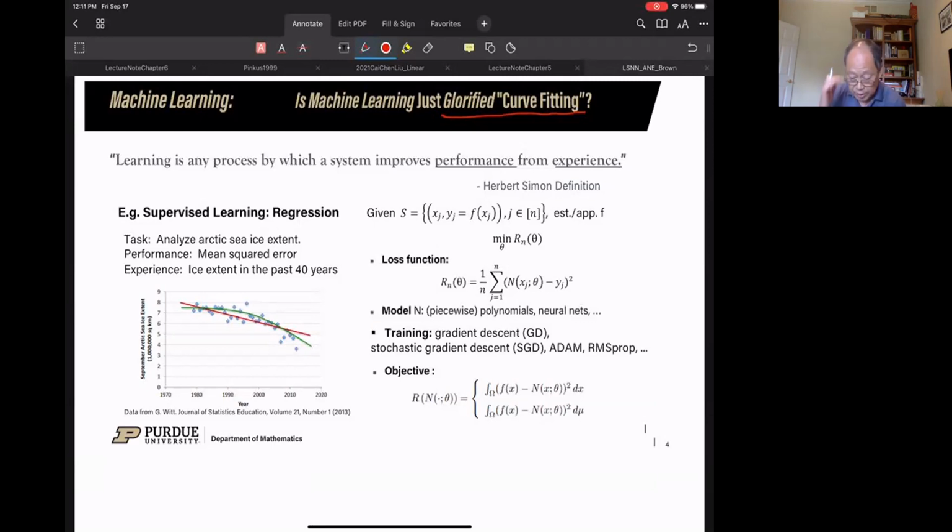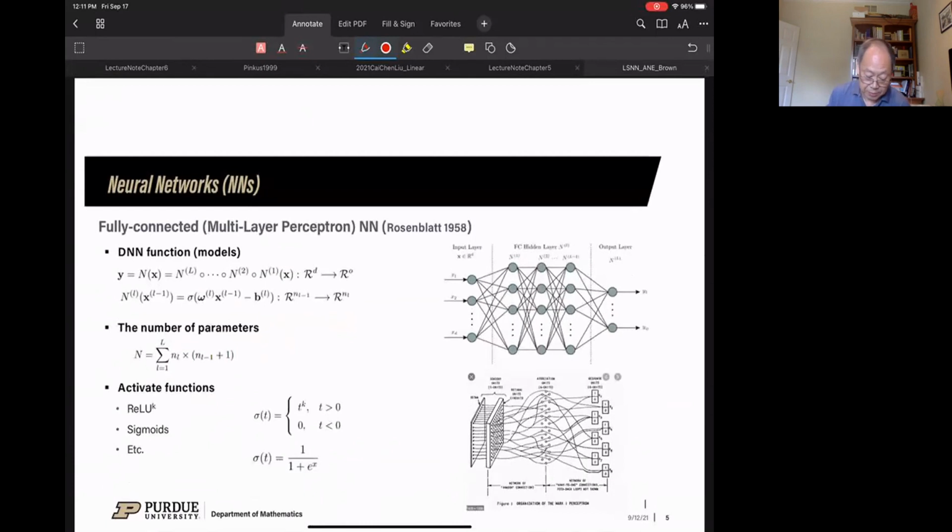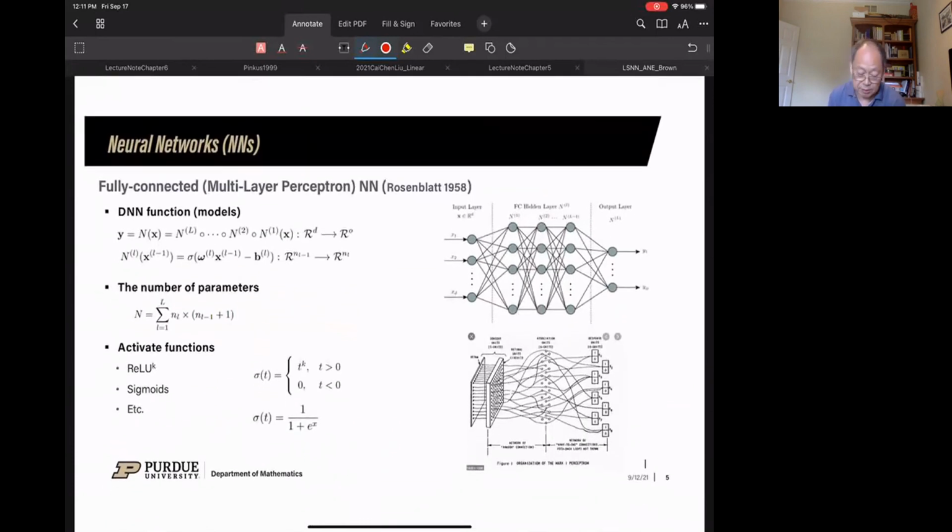Okay, that's what I want to say on this. When I look at machine learning or data science, a lot of that work is just curve fitting in a way. Now let me give you one slide on the neural network. Everybody knows what that is. We're not looking at any fancy network, only the very classic, fully connected networks, also called multi-layer perceptrons.